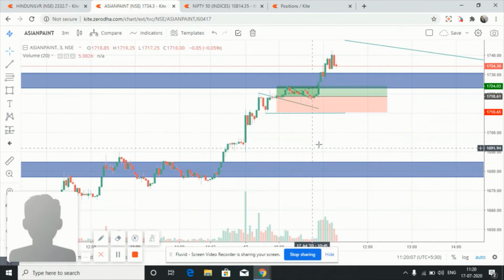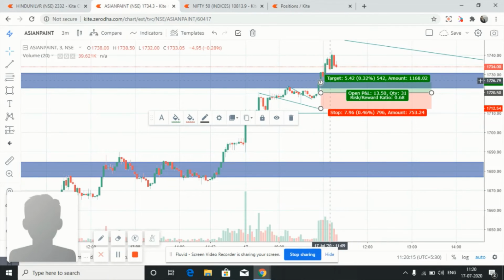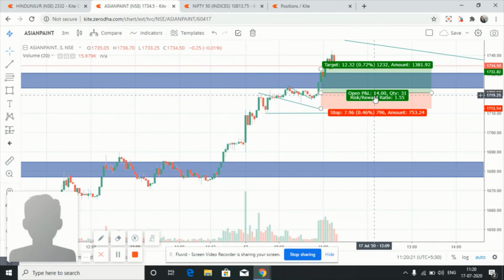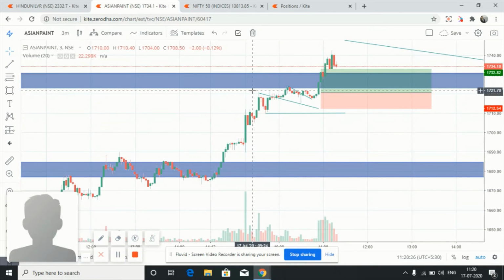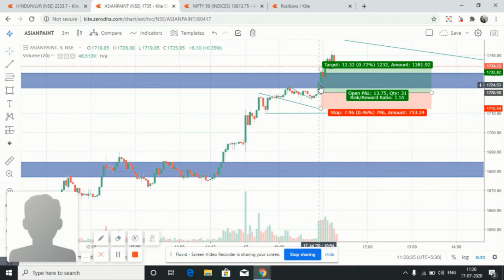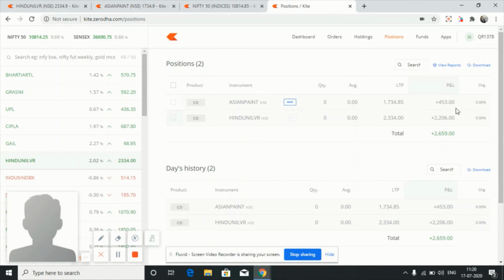But what actually happened is, if we had worked on this breakout with a conventional 1-to-1 ratio, we could have achieved a profit. It easily broke its resistance zone. But I did scalping because I knew this was the resistance point and it retraced, though it broke the second time. I exited over here, so I could just do a small scalping and book a profit of 453. So today in total we have booked a profit of